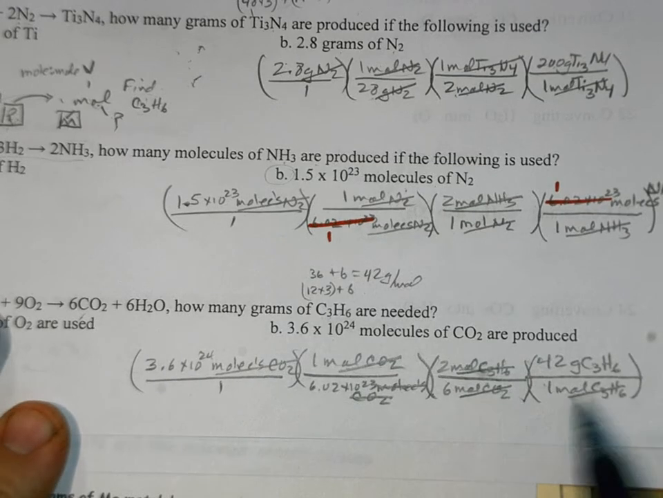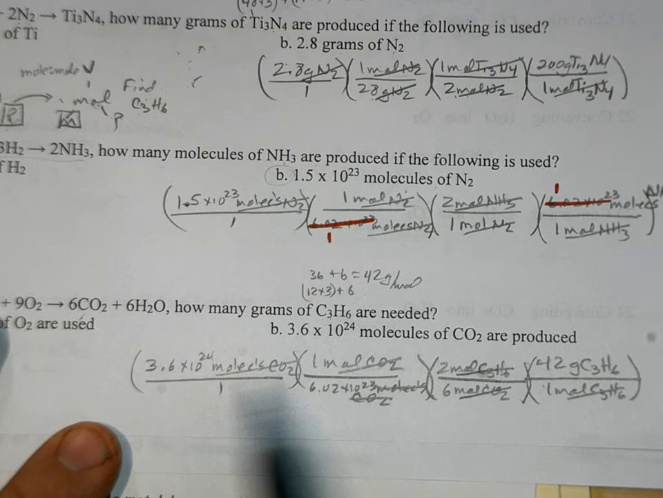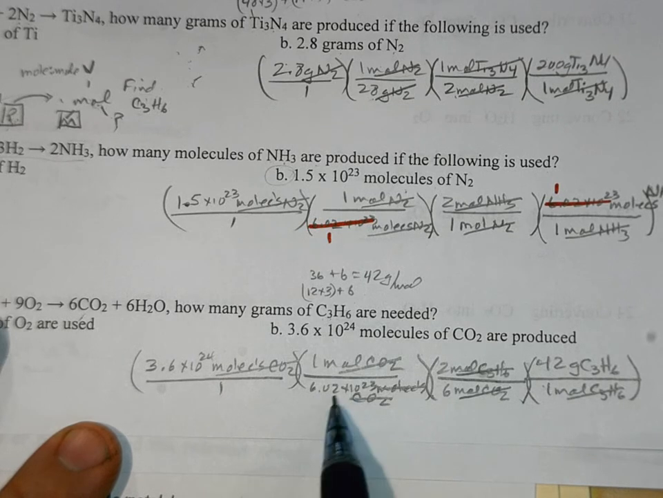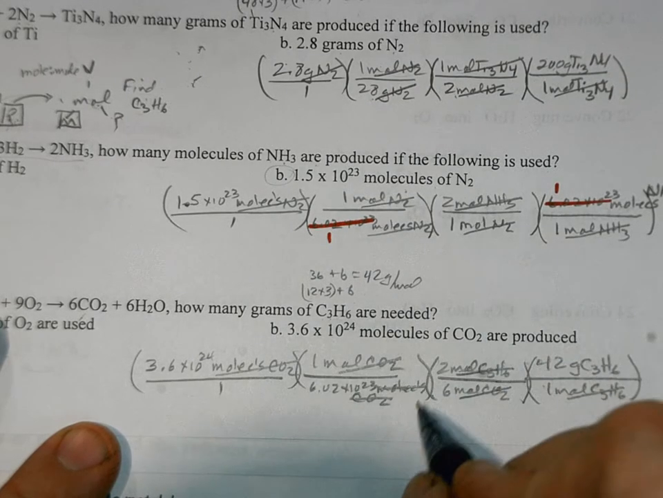So we've been able to successfully cancel everything. 3.6 times 10 to the 24 divided by Avogadro's number, okay, so divided by 6.02 times 10 to the 23. Now if you wanted to, just to save you some time, you could say, okay,